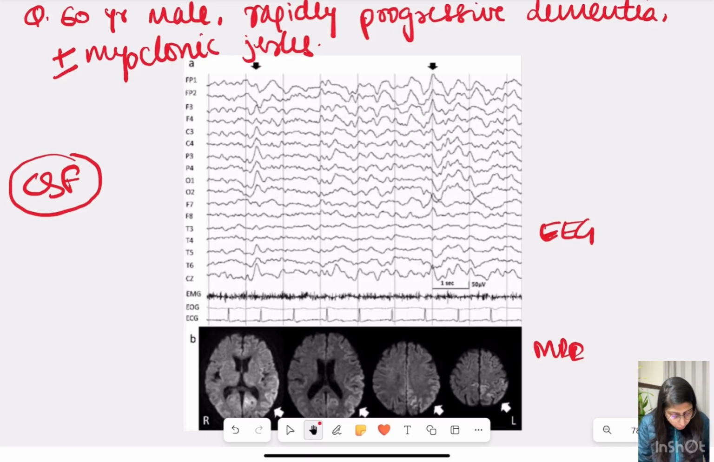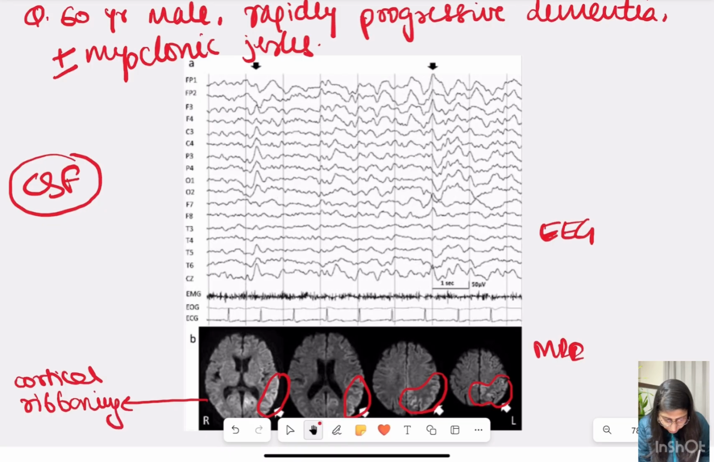So better look. This is the MRI. Now in the MRI we can see that there is cortical ribboning. You can see here, there is a hyper-intensity involving the cortex and the gyri. It's like a ribbon-like structure, so we call it cortical ribboning. And for cortical ribboning, diffusion-weighted image is more sensitive than a FLAIR or a T2 image. So please remember this. And EEG is showing 1 Hertz